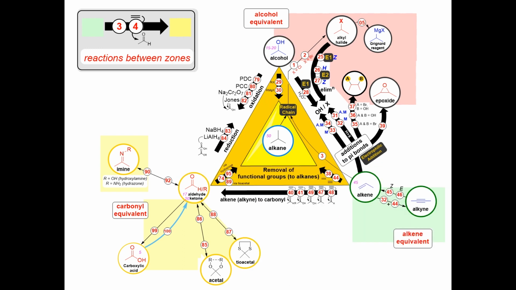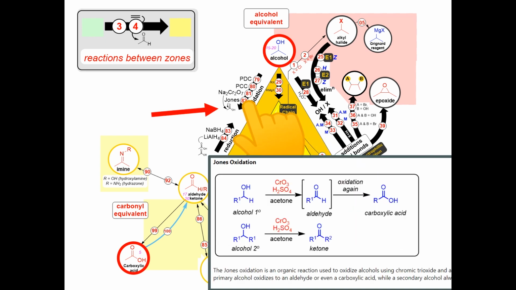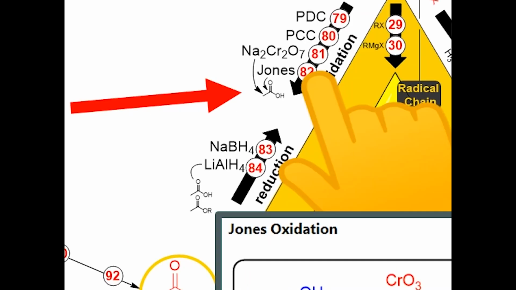However, in some instances, the reaction represented by a thick black arrow will not lead to the directly indicated group, but instead to one in the adjacent zone. For example, if we treat a primary alcohol with a Jones reagent, the oxidation gives the corresponding acid. When this is the case, the circle has the functional group next to it to indicate which is the endpoint